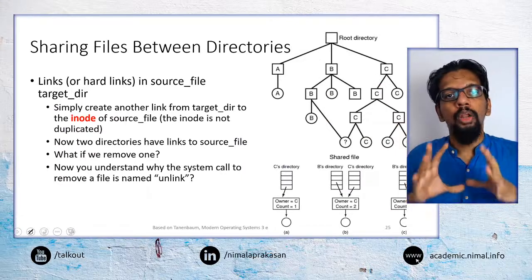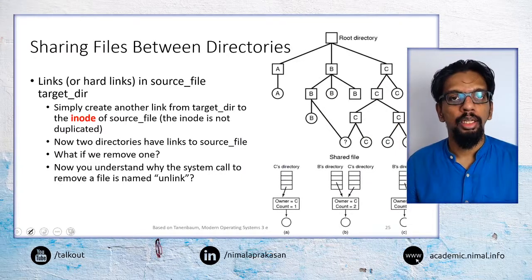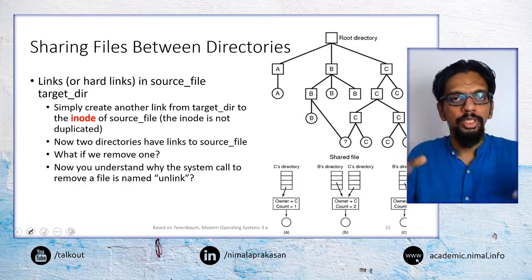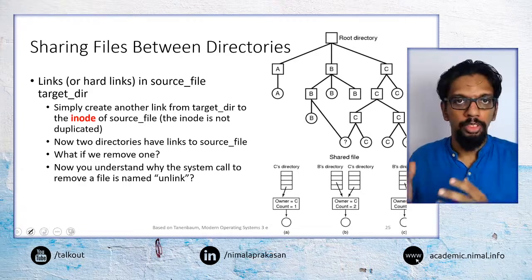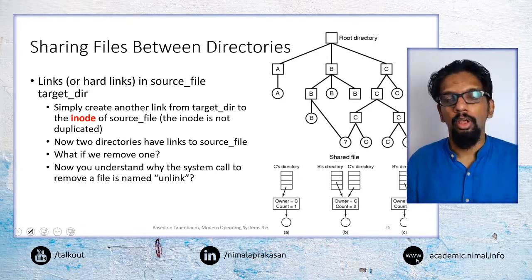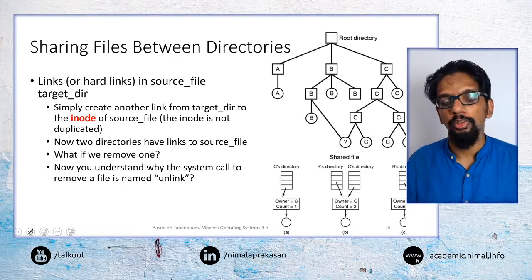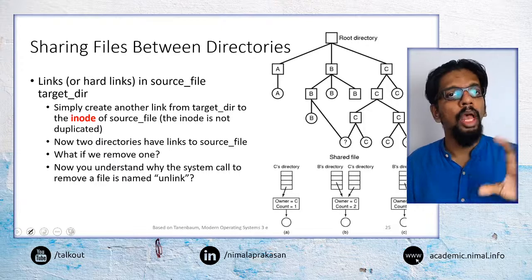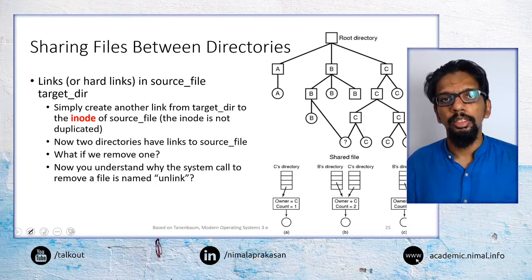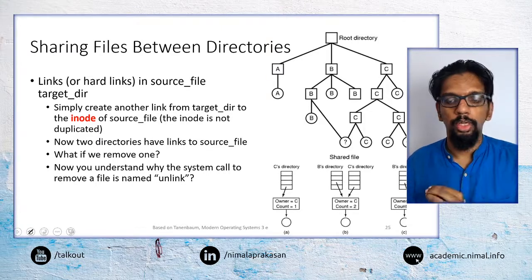So then one of the other things that we said in terms of files is files can be shared between processes and users by attributes of the files, who is the owner of the file, who has the access to files, and so on. But one of the other possibilities with files is we can share files between directories.